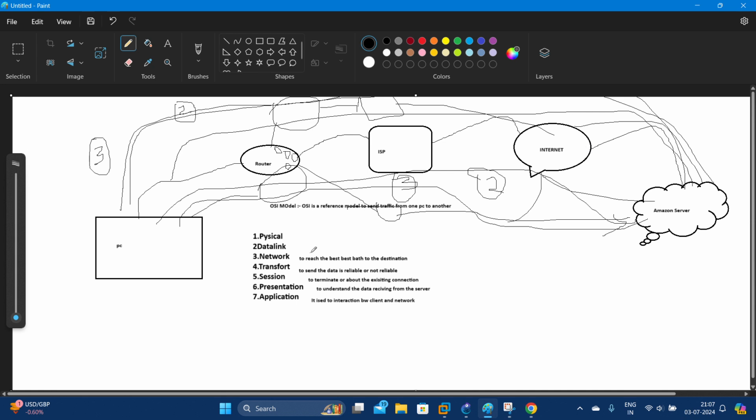It will reach the best path. Here some of the protocols will happen, that is IP and ICMP,